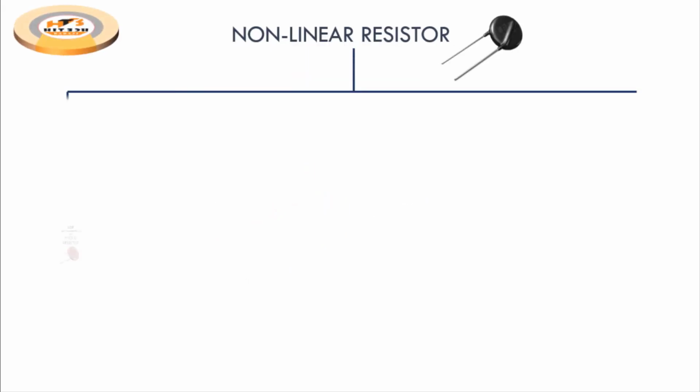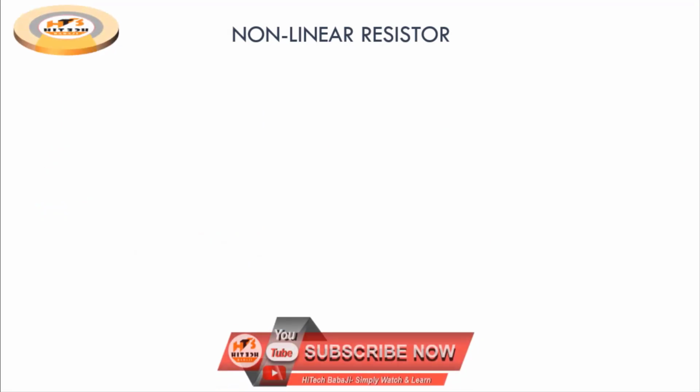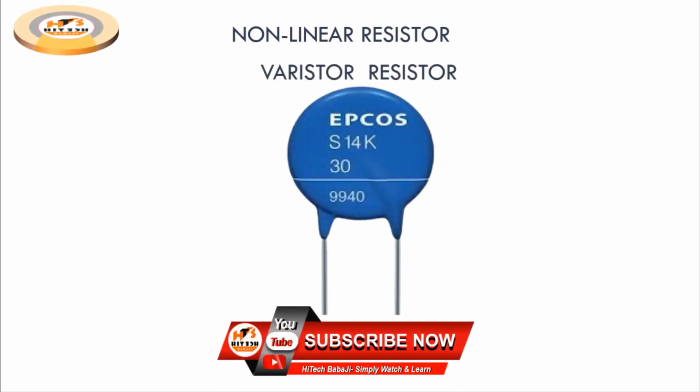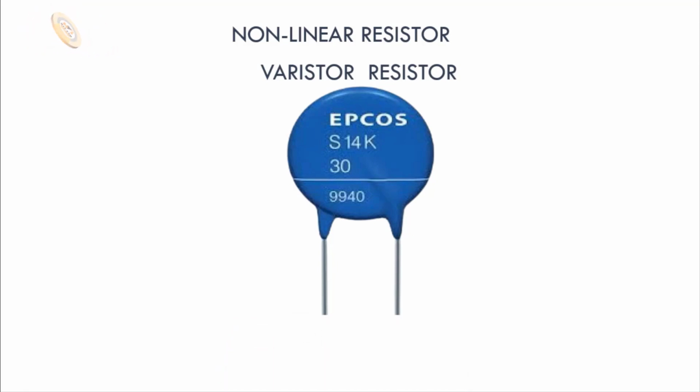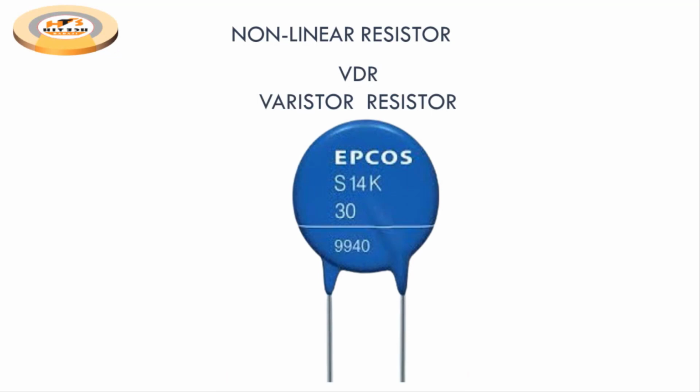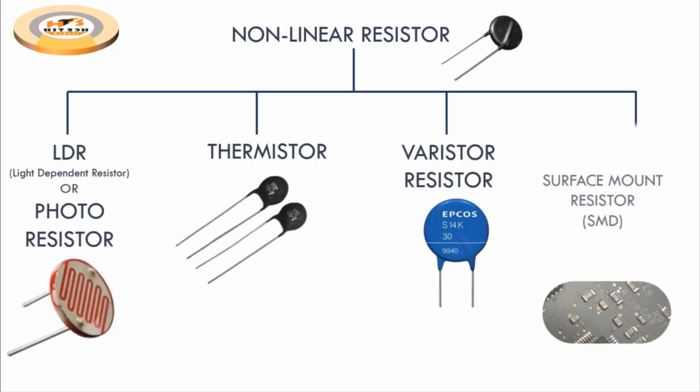And varistors are voltage dependent resistors, called VDR. Varistors are used to eliminate high voltage transients or fluctuations in a circuit. Varistors work as a protective element or circuit for the destructive voltage spikes. When the voltage across varistors changes, the resistance value of the varistors will change accordingly, so that output current will be constant, unchanged. Now next one is surface mount technology resistors.